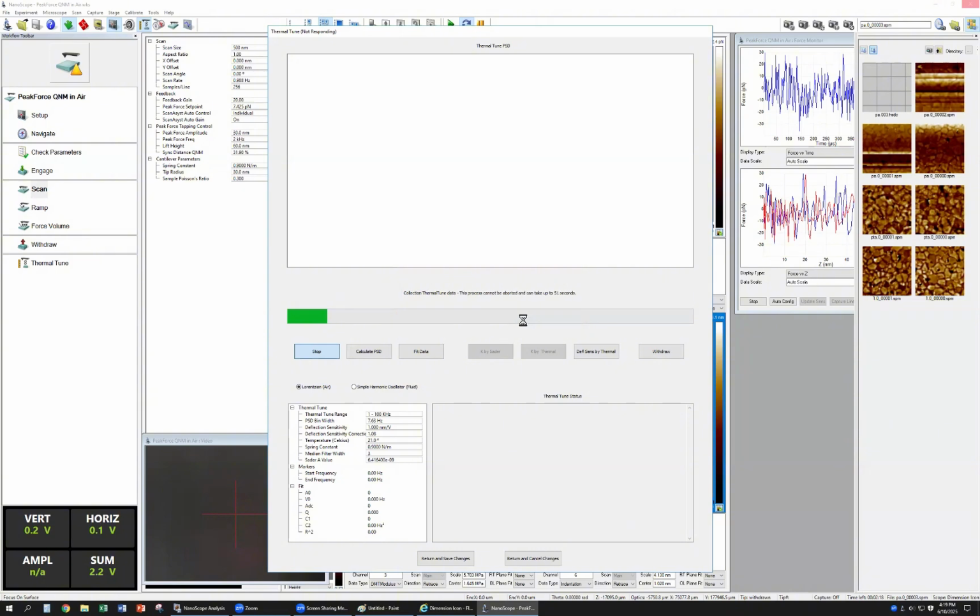This thermal tune also finds the probe's resonant frequency. There are a lot of resonant frequencies, right? Because when something is damped, the frequency has the first order, the second order, and so on, right? So we just use